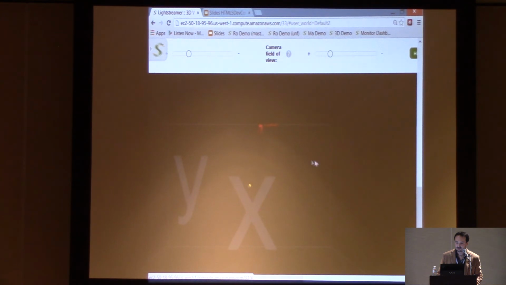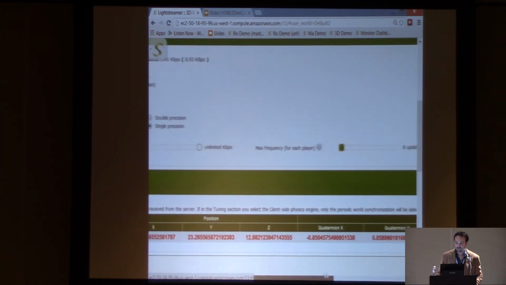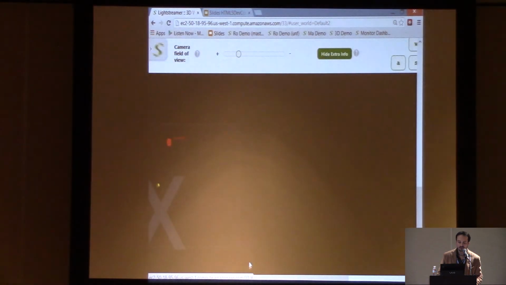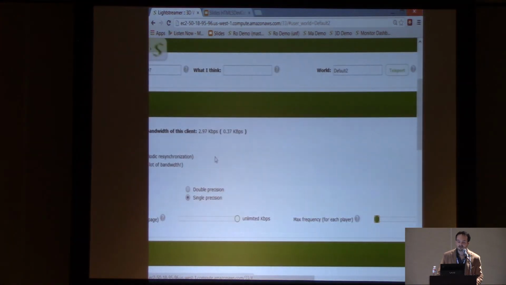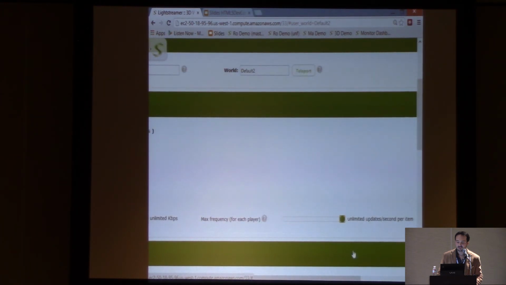Let's go down even more. Let's go down to 3 updates per second. And you see that 3 updates per second are respected. With 3 updates per second, I'm using 3 kilobits of bandwidth. If I go up to something like unlimited update, let's say 80 updates per second, the bandwidth increases to